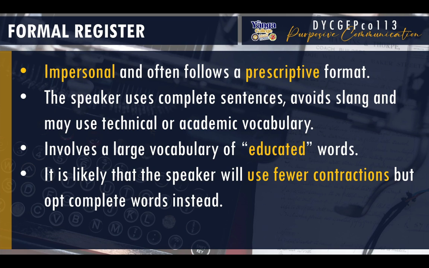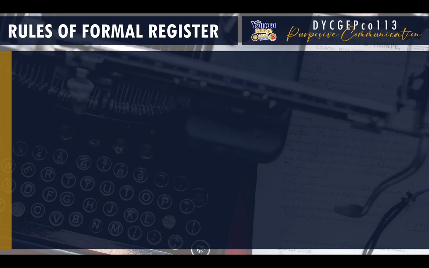Of course, there are words na hindi mo pwedeng isulat ng complete palagi. Like acronyms and abbreviations. Syempre, there's a certain rule for that naman. So, there are different rules we need to follow when writing a formal register. Kumbaga, ano ba yung mga technical writing rules that we need to abide with kapag ito ang ginagamit nating register? First, do not use contractions. As we said, in formal register, we refrain from using too much contractions.